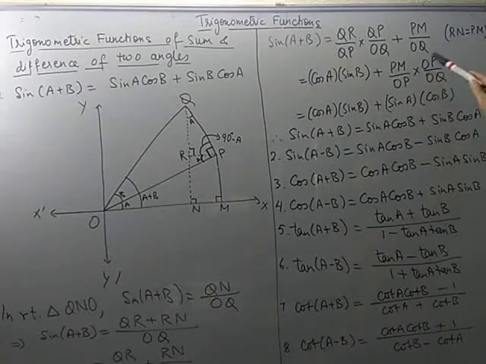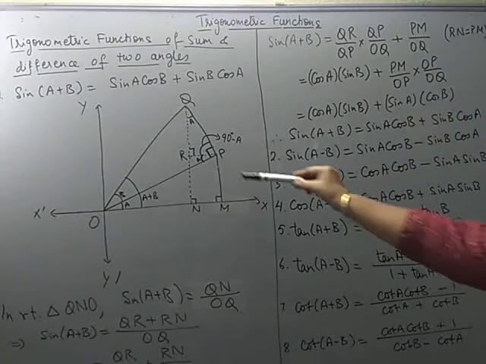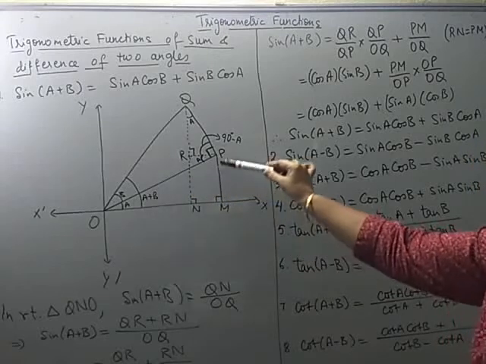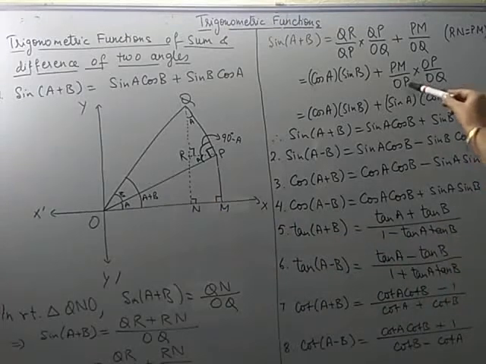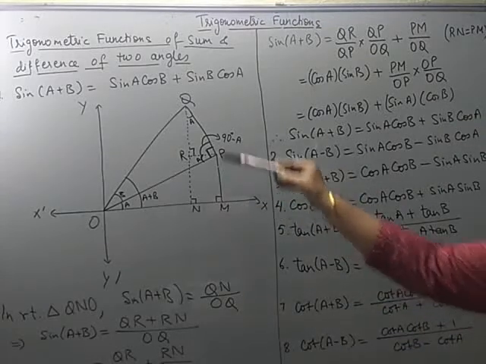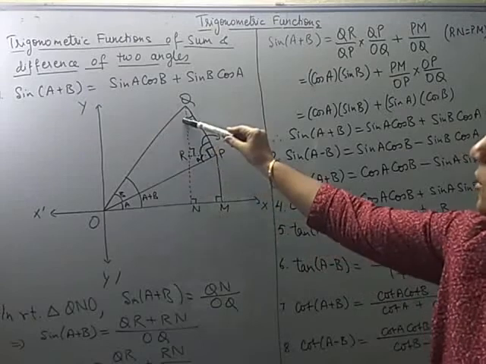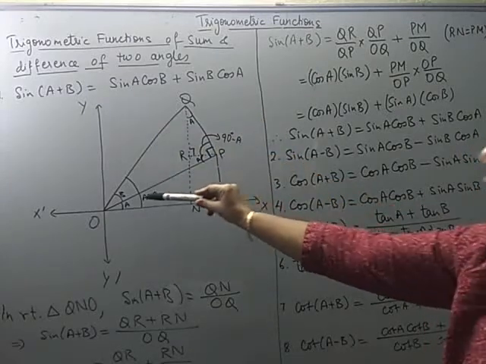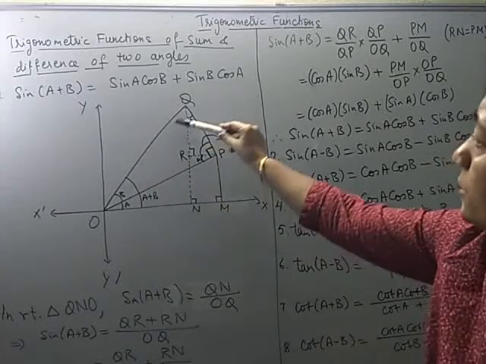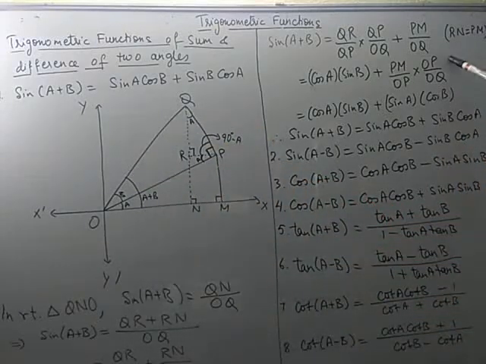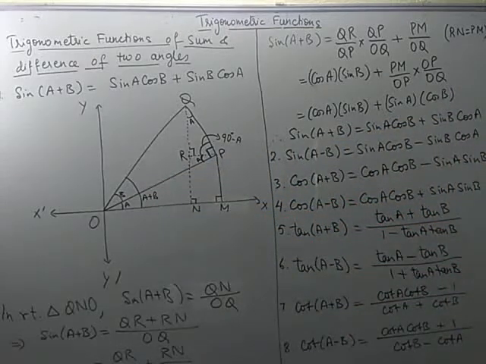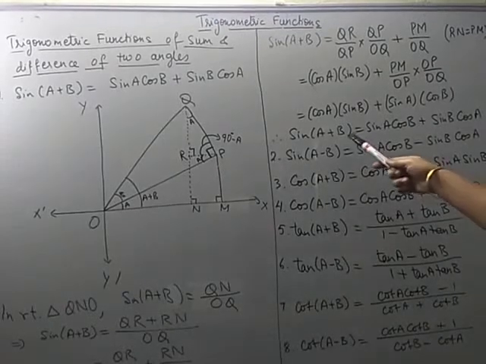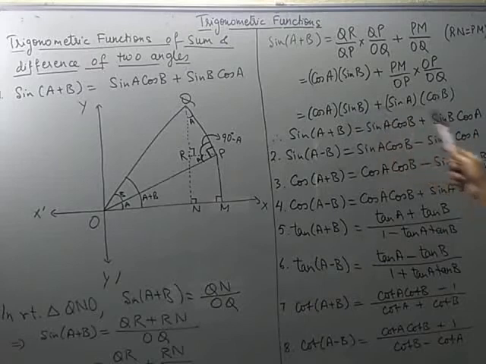So you look at these two ratios separately. PM over OP. This is what we are getting. Perpendicular over hypotenuse. And what is the angle here? It is A. So perpendicular over hypotenuse is sin A. In the same way, look at the ratio OP over OQ. OP is here and this is OQ. So they are part of this right triangle QPO. OP is the base, OQ is the hypotenuse. So it is base over hypotenuse in this right triangle. And what is the angle here? It is B. So this ratio is cos B. So what we have obtained finally, see, sin(A+B) is sin A cos B plus sin B cos A.